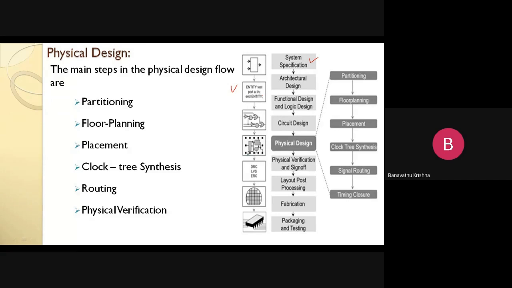In the architecture design, we have a number of components. For example, for a half adder, there are an AND gate and an XOR gate. We have to write code for the AND gate and the XOR gate also, and then comes functional verification, to check whether it performs with the proper output response. That is the functional design and logic design, and then it goes to circuit design. After completion of this circuit diagram, it is transformed into the layout.